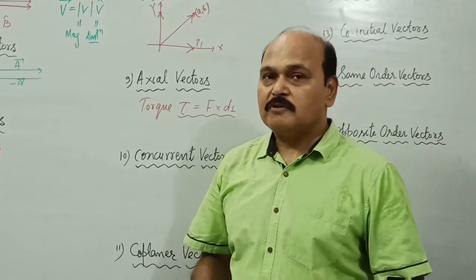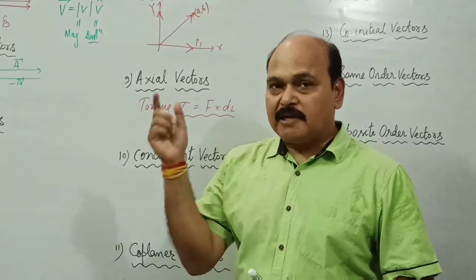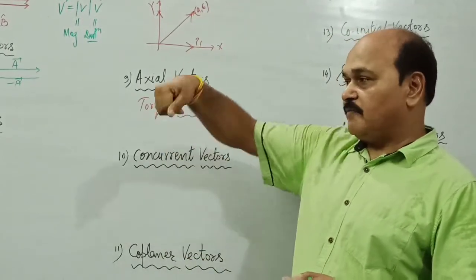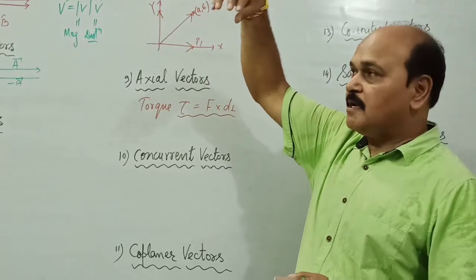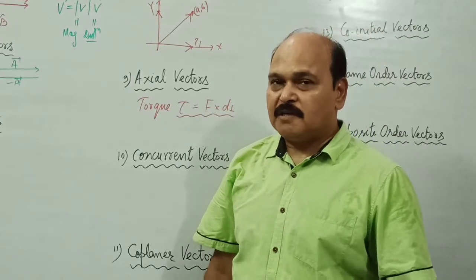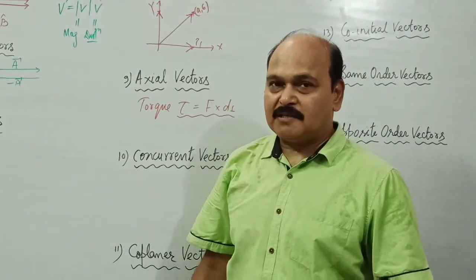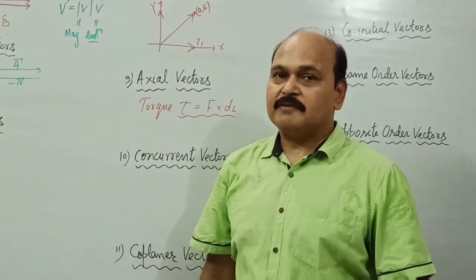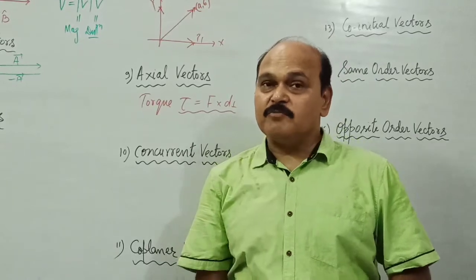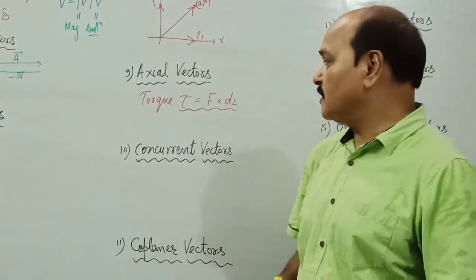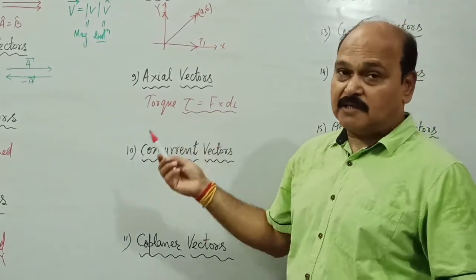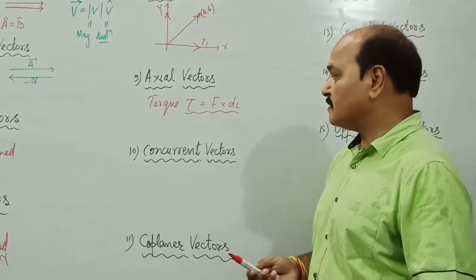Screws, all screws, when rotated in anti-clockwise direction, move along the axis up. If the screw is like this, and it is rotated in anti-clockwise direction, it will move up, and when it is rotated in clockwise direction, it moves down. So any rotating object, if it is moving in clockwise direction, will tend to move along the axis of rotation downward, and if it is moving in anti-clockwise direction, it will tend to move along the axis of rotation upward. Well, torque is an axial vector, as the direction of the torque is along the axis.